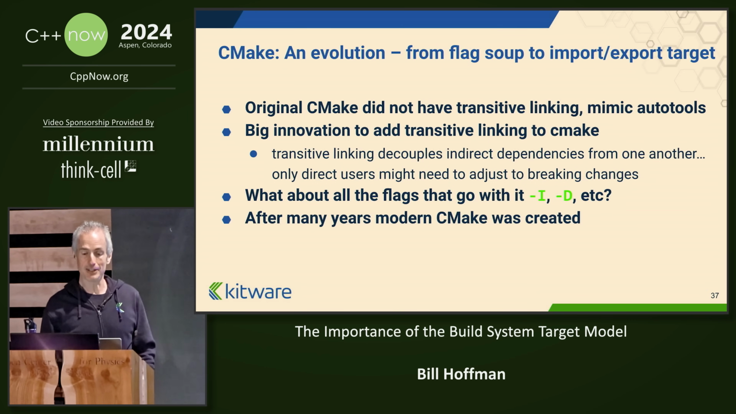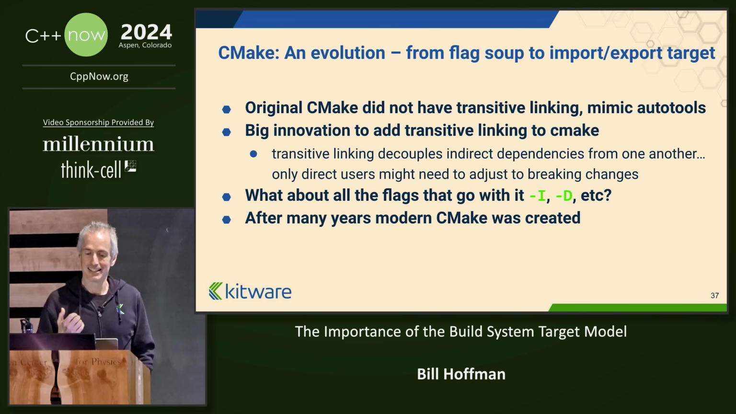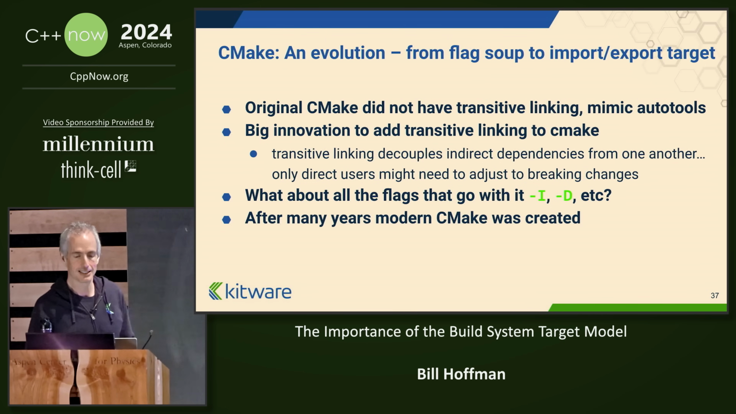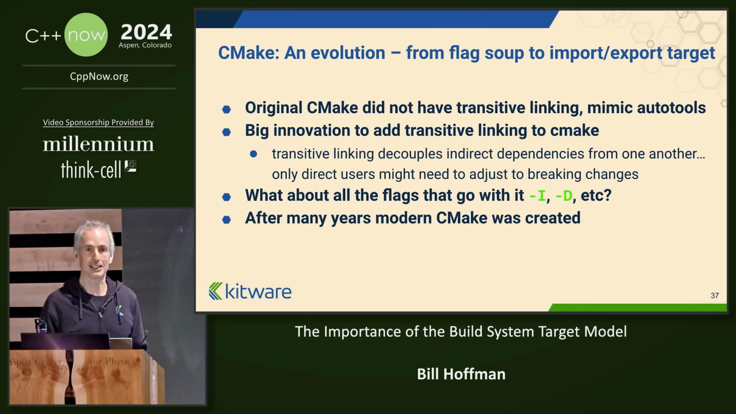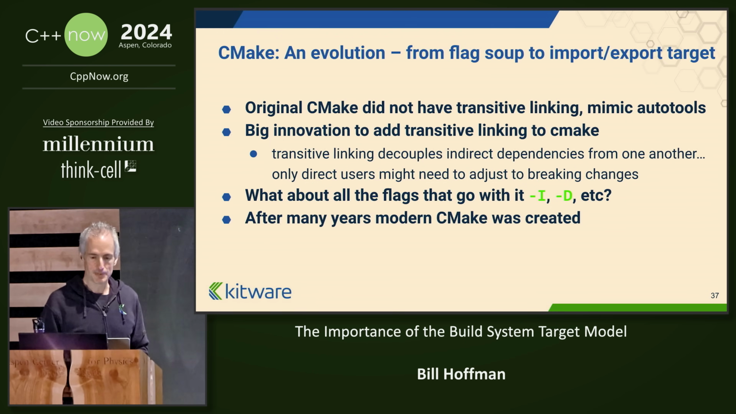So a big innovation in CMake was adding transitive linking to CMake. What this meant was that we've decoupled the indirect dependencies from one another. So only the direct users of a library need to adjust things if there's breaking changes. So this is a huge innovation. But what about all the flags that go with it? Just doing the libraries was the first thing that was done, and it was something hard to do. We had to add graph analysis into CMake and basically improve the code. But after many years of seeing this problem, eventually